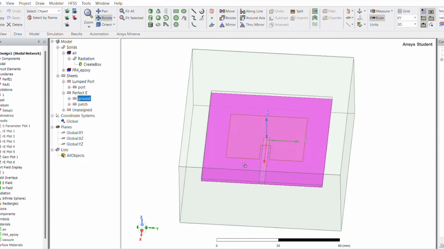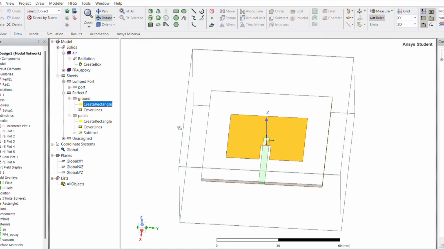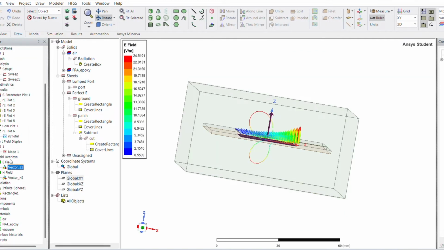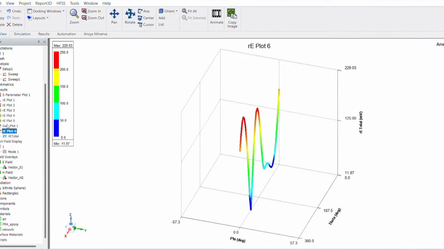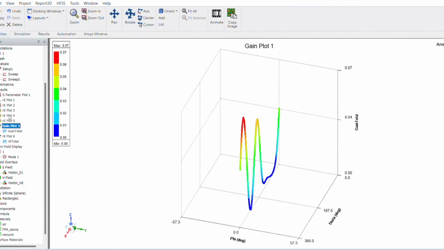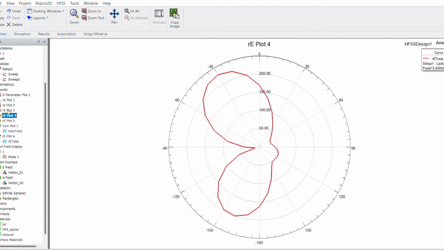As you can see, you can select the ground as well as the patch required in the perfect E-plane. The representation here you see is the radiation pattern and also how it will be seen on the material itself. So this is the RE plot,